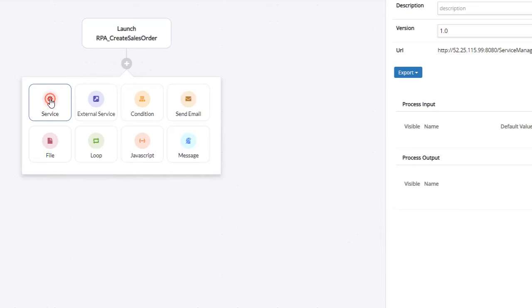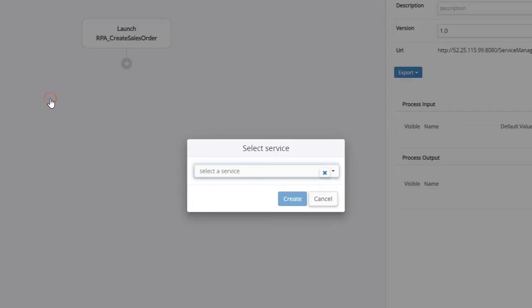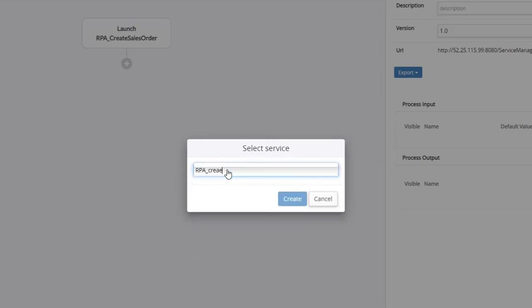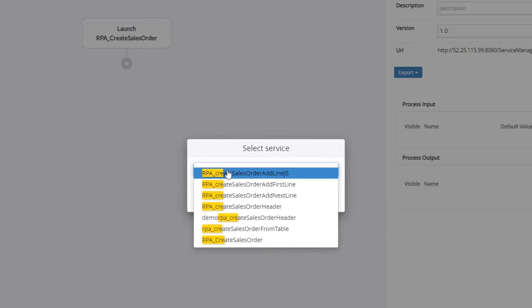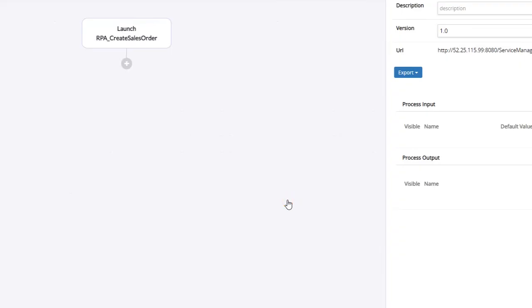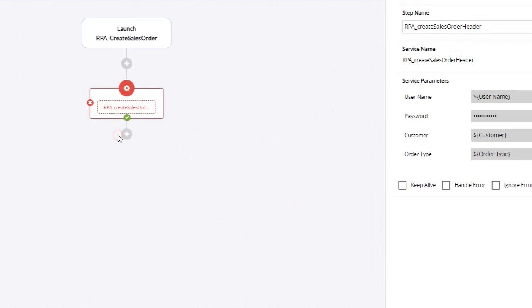We will start with calling a service that was created inside the Service Manager, and for this example we will add the RPA create sales order header. This is a service that creates the header of a new sales order inside the Oracle EBS system. So we will select it from the list of services, press the create button, and a new node will be added to this flow